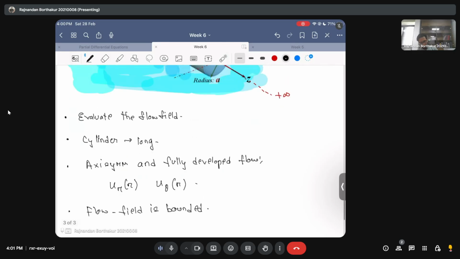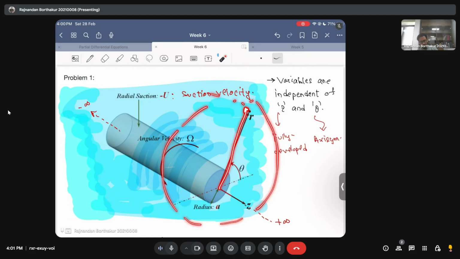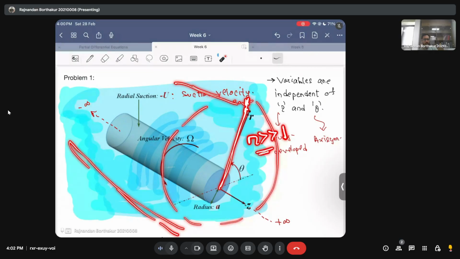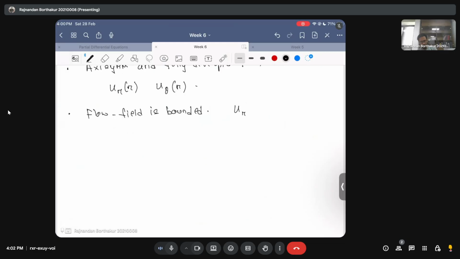Okay. So what does it mean? It means that when you move far away from the cylinder, if you consider a chunk of fluid situated far away, at r very much greater than 1, you will see that the fluid itself is stationary. That's one way of saying it. Or maybe you can say that ur and u theta, which are just functions of r, basically go to 0 as r tends to infinity. Or maybe I should write that the magnitude of these flow fields